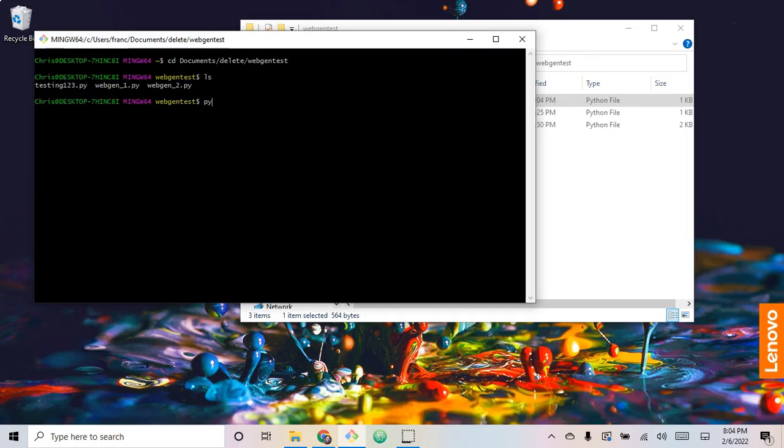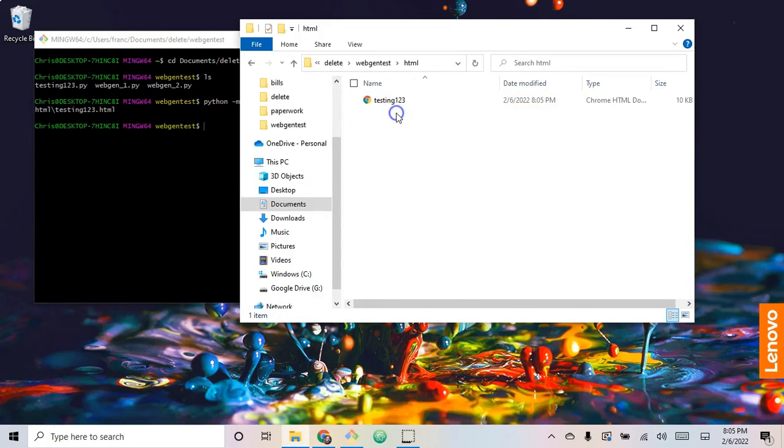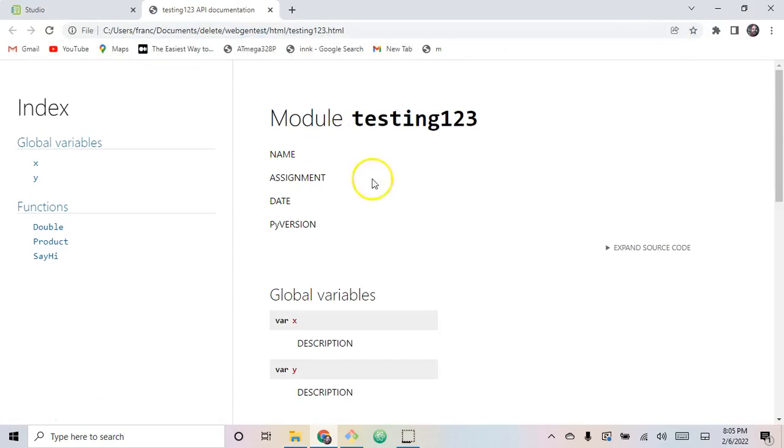Yeah, that's it. Python, run the pdoc module, create an HTML file for that testing 123.py. There we go. And you can see those comments work through to create the